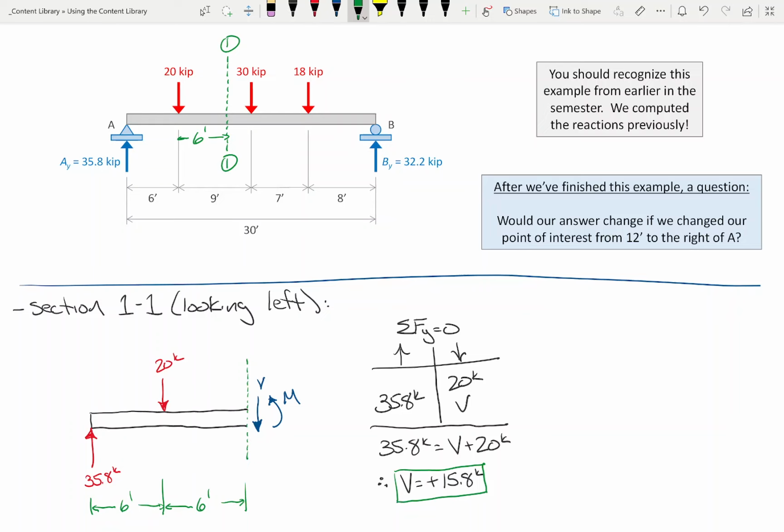Is that correct? And it's positive, right? So maybe what I'll do here on the board is I'll say V at section 1,1 is positive